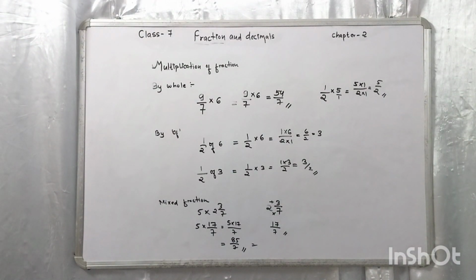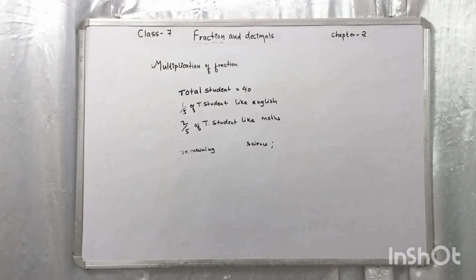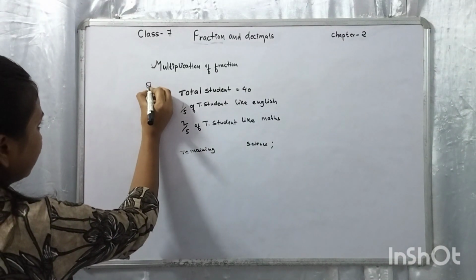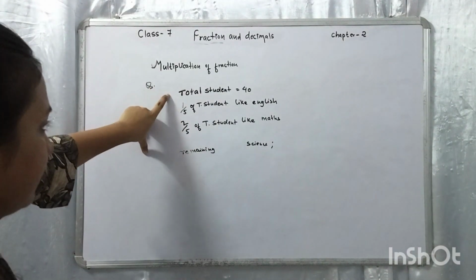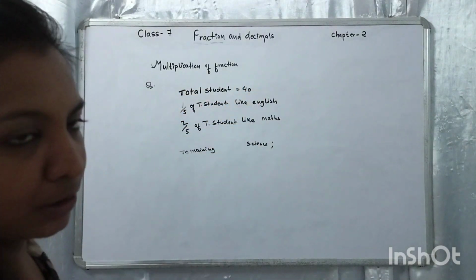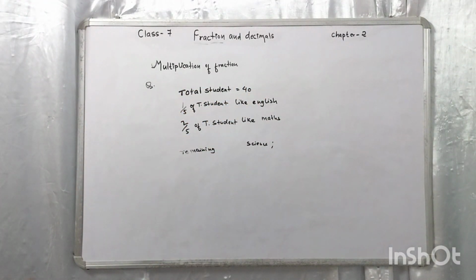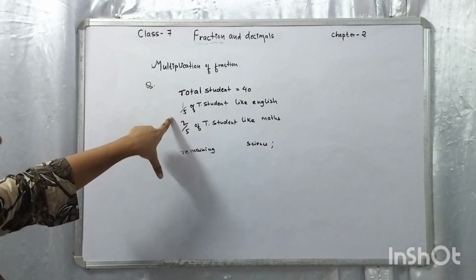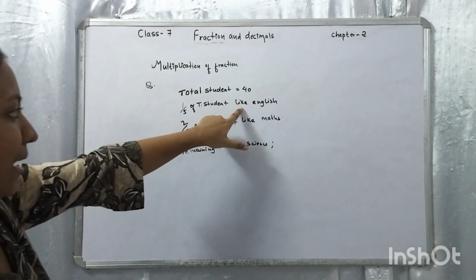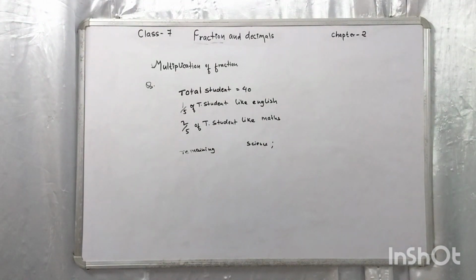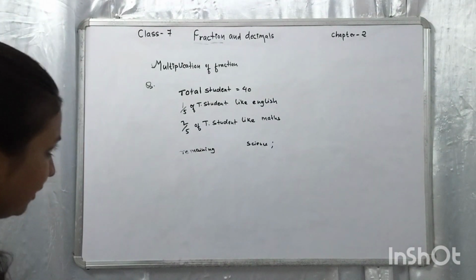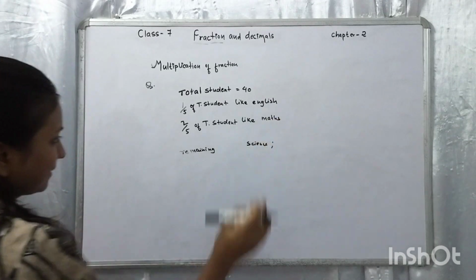So hope you understood how we can multiply this. Now moving on to another question. Let's take one exercise. So this is our example sum. The question is given as, we have a total number of students in a class as 40. There are 40 students in a class, wherein 1 by 5 of the total students like English. It means that 1 by 5 of total students like English, 2 by 5 of total students like maths, and the remaining